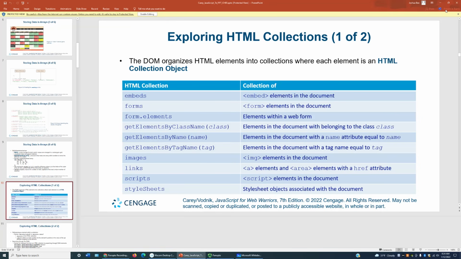Whatever element you can grab a hold of, is it an image? Is it a text box in a form, or is it a link? All those things are going to be in the DOM to be able to load into JavaScript to change your HTML